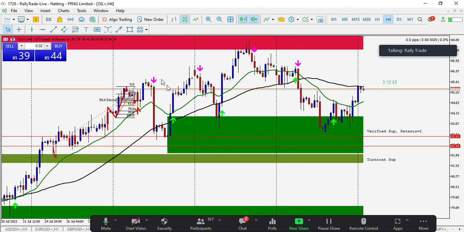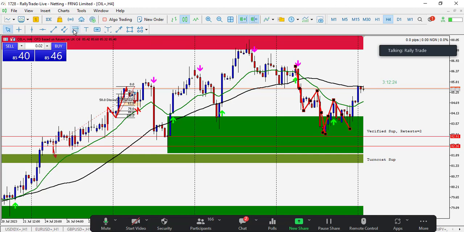So taking out this low means that the market is shifting towards the downside, right? Now, we had something like this, a push towards the downside, what we call impulse towards the downside. And of course, this is what we call retracement towards the upside. Then this is what we call impulse again towards the downside. So clearly you can see that this market is trading towards the downside very clearly, right?